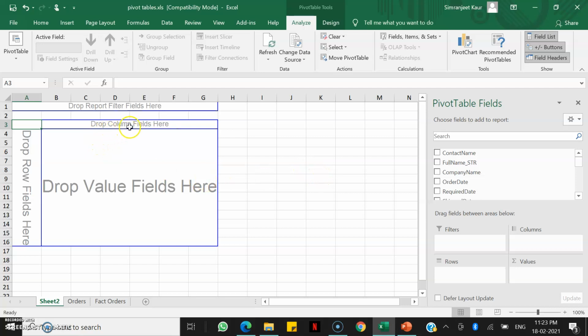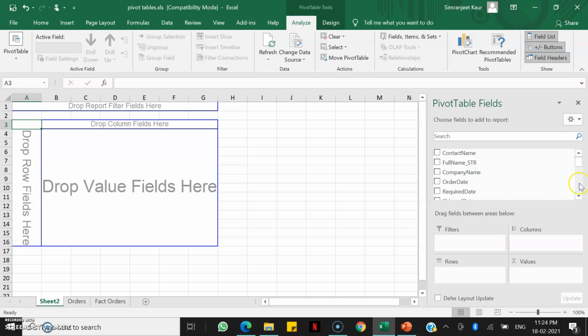If you see, this is my column field, this is my row field, this is my value field, and if I want to add any filter to this table, I will place it here, right? This is similar to what these boxes are given here. This is for the column field, this is for the rows field, whatever I want in my rows. These are the values that will be specified pertaining to the rows and columns, and this is for the filter, right?